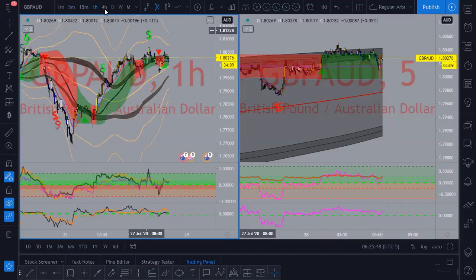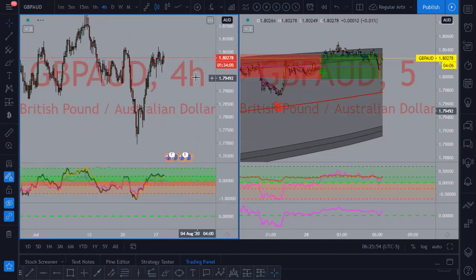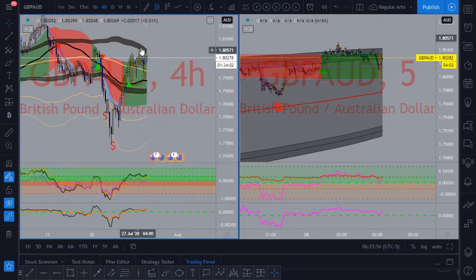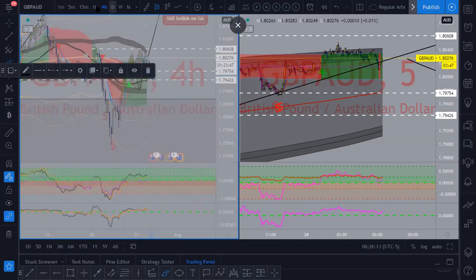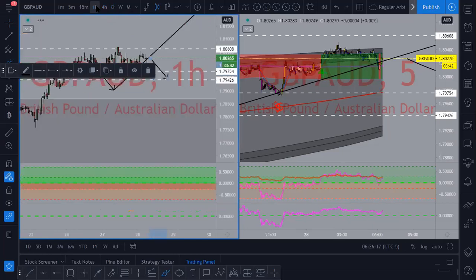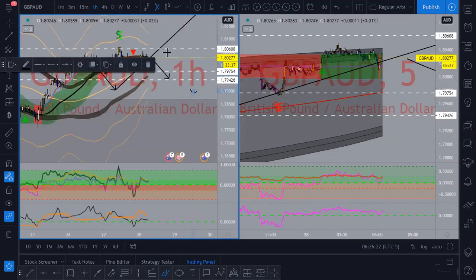I'm going to go on the 4 hour for GA real quick, just to see what it looks like. Yeah, even on the 4 hour, it came and touched the 4 hour upper danger zone. I would love to see on the 4 hour for price to come back to retest. It's the same thing. I just want to retest, and then for price to continue going to the upside, basically. So that's for GA. I know those pairs weren't what we discussed, but I just wanted to go over those because those are pairs that I'm already in. And last but not least,